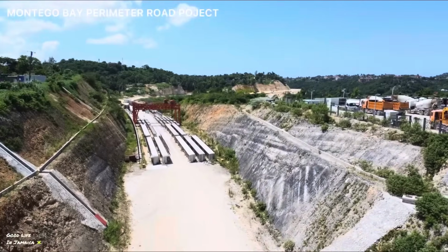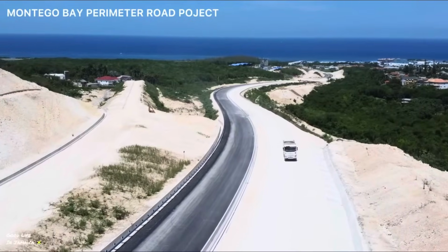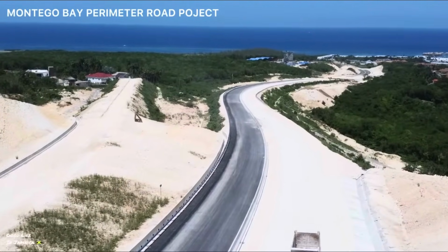This new highway will connect Bogue in the west to Iron Shore in the east, providing seamless movement for commuters,